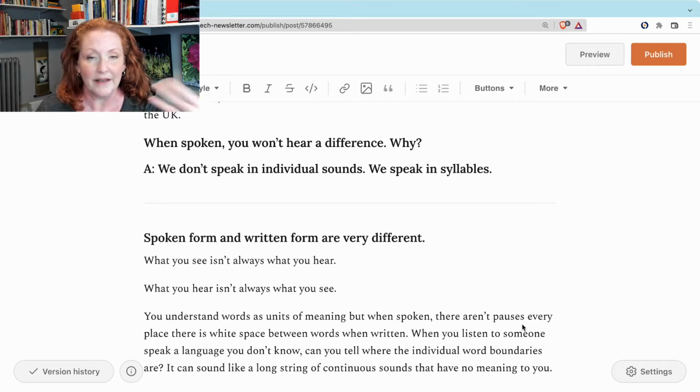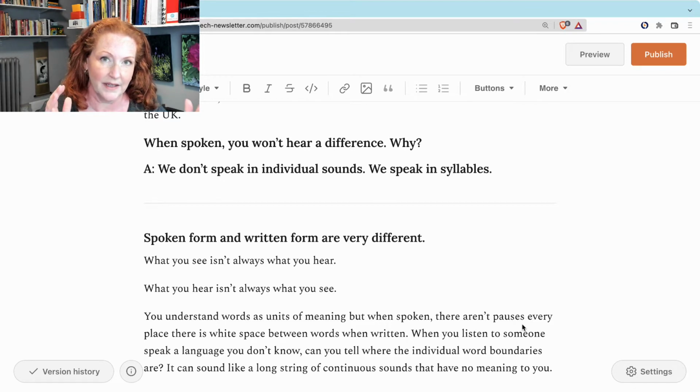So in writing, you may see the spaces between the words, but in speaking, we don't need to take pauses between every word. We understand them as a unit of meaning, as a word, but we're speaking them syllable by syllable. When you hear someone speaking a language you don't know, it may sound like a